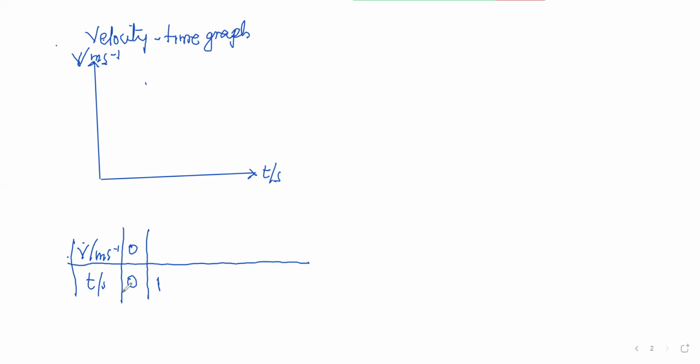Okay, so at 1 second, the speed is 5 meters per second. Another 1 second, we have 10. At 3 seconds, I think you can guess the next speed value or velocity value. That is 15. At 4, we have 20. At 5, we have 25. So what is happening is that the body is moving with same speed or uniform speed